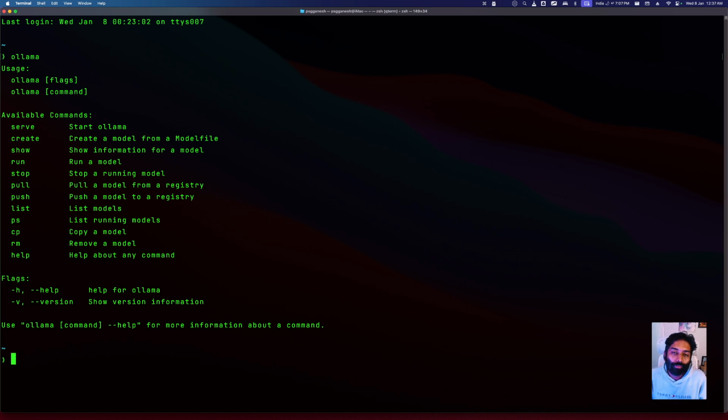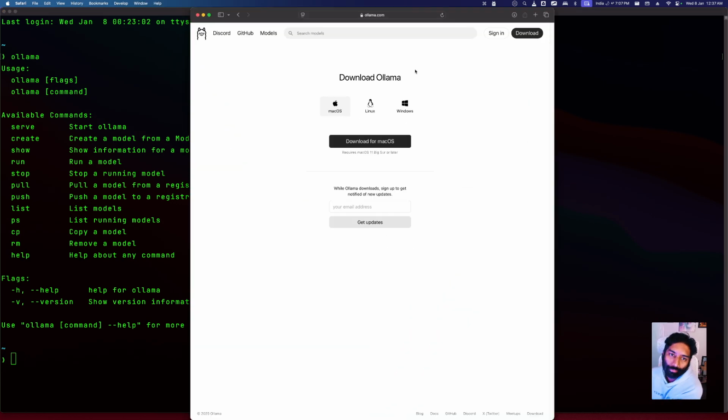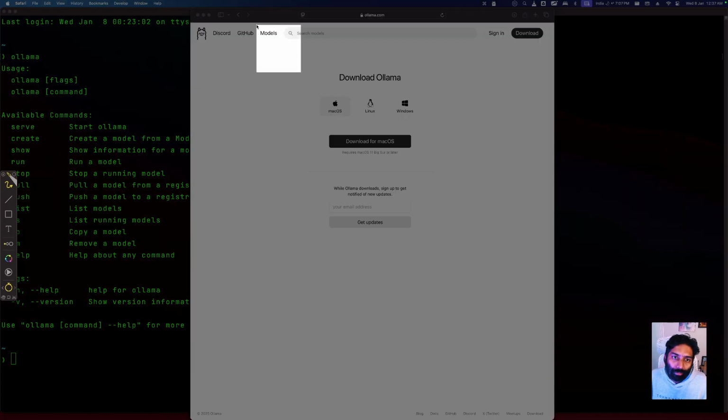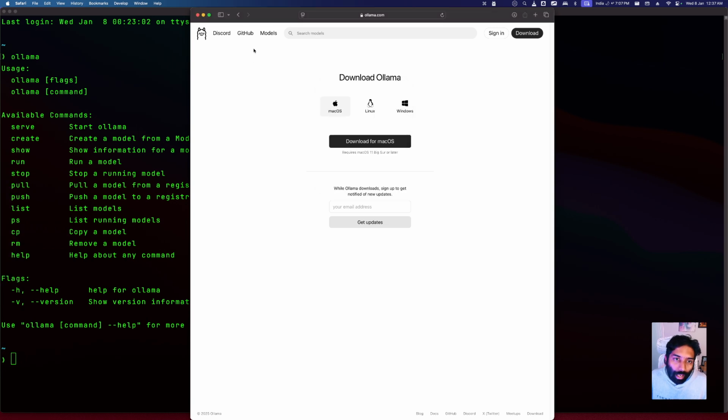How to test it out? You can test it out by basically downloading a large language model and running it, right? So where do you get these models from? As you already saw, if I open the Safari page here on the Ollama website, I have this particular models link here. So you can basically click on models